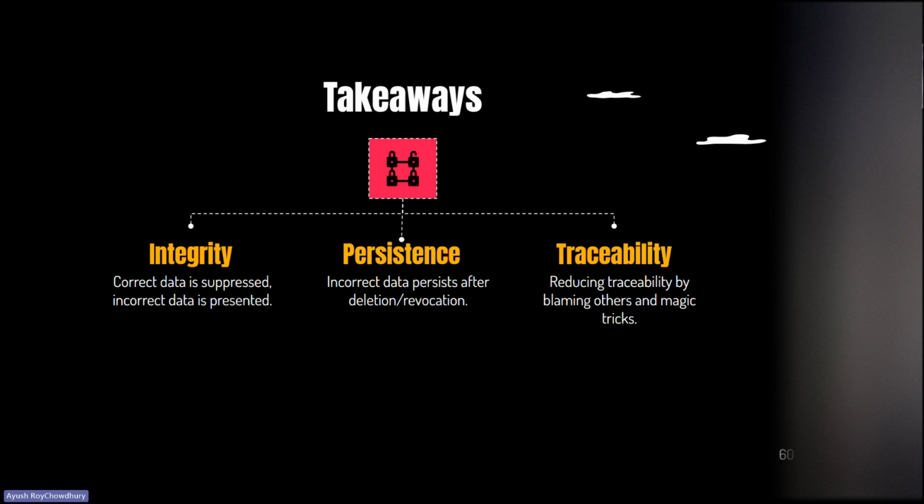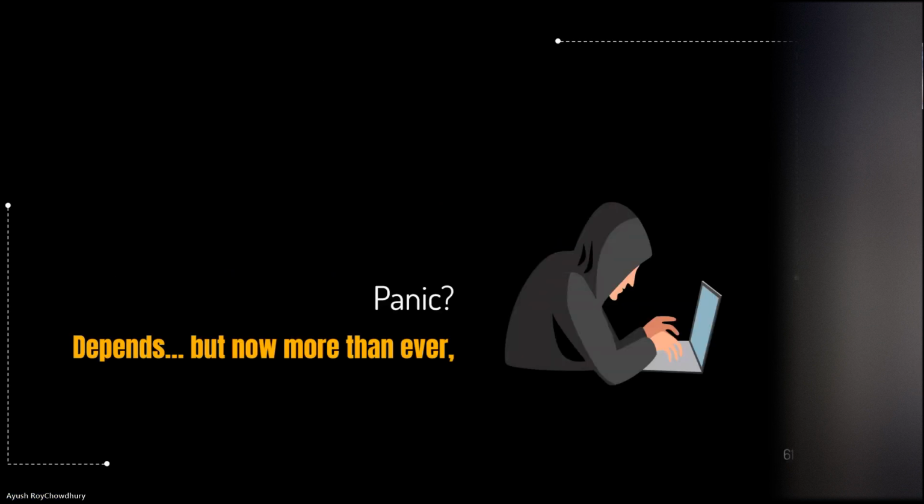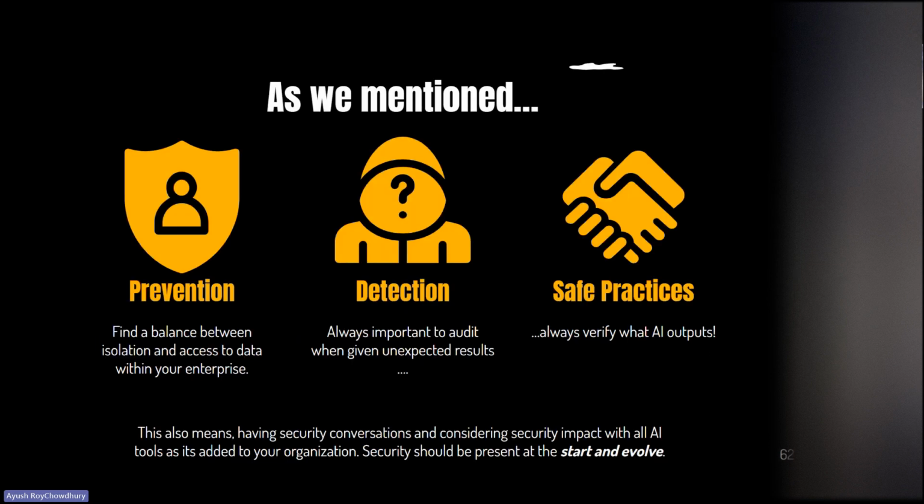There can be persistence of this attack, without you even knowing about it or being able to trace this attack back. But as I say, please do not panic, because really it depends on if you are also considering the security of the AI that you are adopting. So having methods of prevention, finding a balance between isolating your data, to the point where no one can access it, but also having your data with boundaries such that people can access it, but only those people that need to know that data.